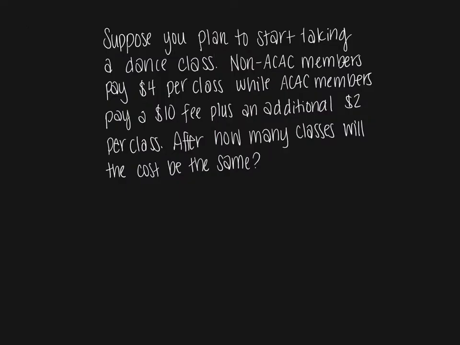Suppose that you plan to start taking a dance class and non-ACAC members pay $4 per class, while ACAC members pay a $10 fee plus an additional $2 per class. After how many classes will the cost be the same? Make sure to note any important key details and the question that it's asking. See if you can do this one on your own. Remember that you're coming up with 2 different equations and 2 different systems. And ultimately, your answer should be